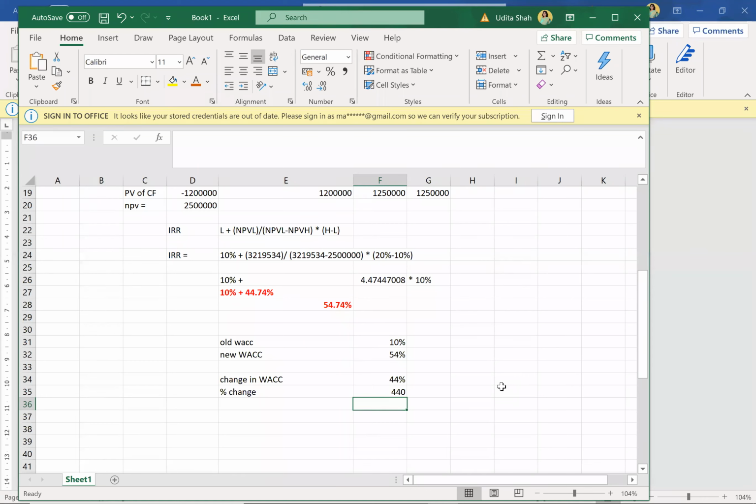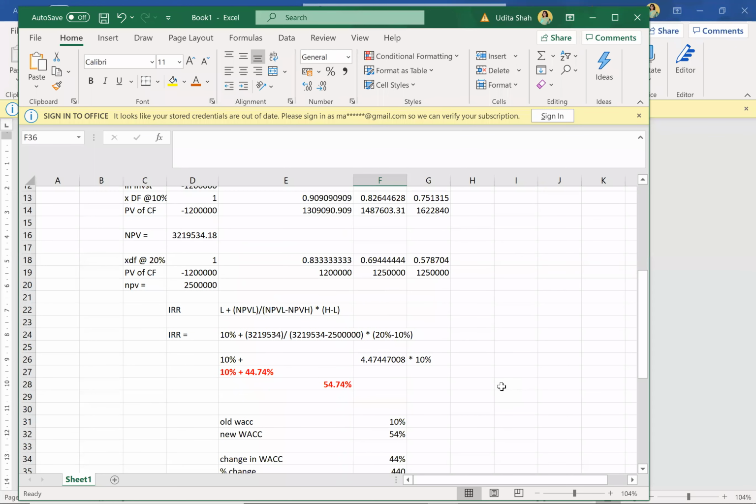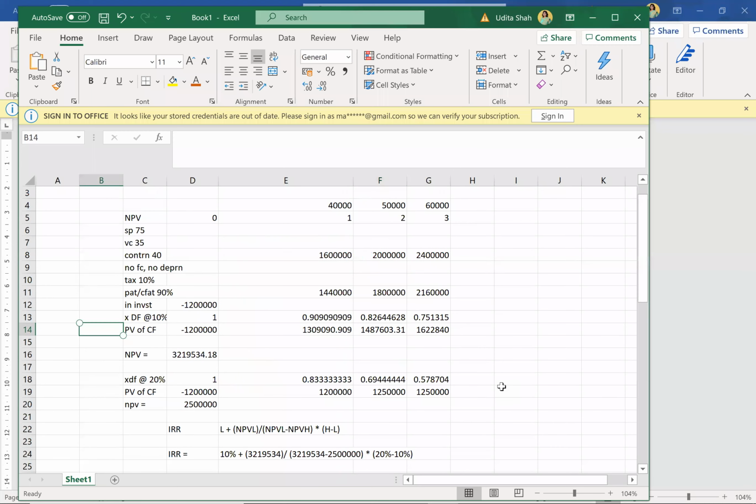Okay, next doubt is, without IRR, can we find the rate where NPV is 0 with the help of earlier calculations? So that's what we did now. With the help of earlier calculation only we have found out the rate. So 10% we have kept as it is. 10% was already there, so we took it as the lower rate, and for the higher rate we found out with the new 20%.